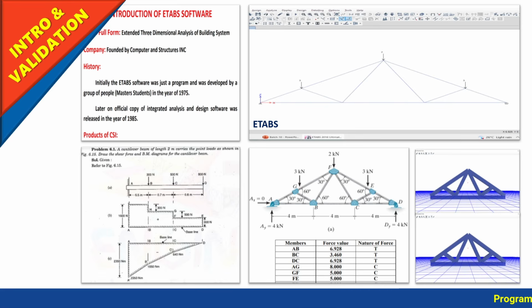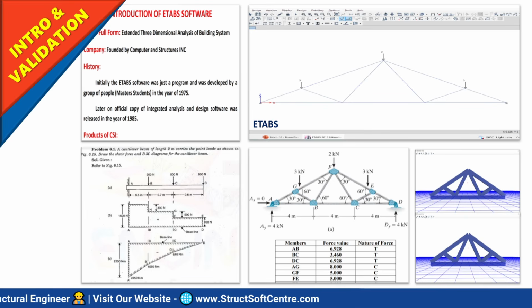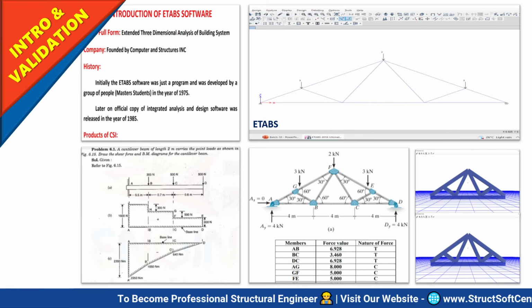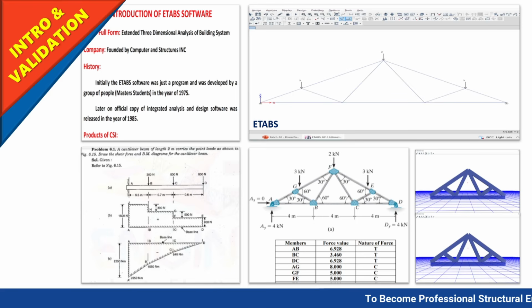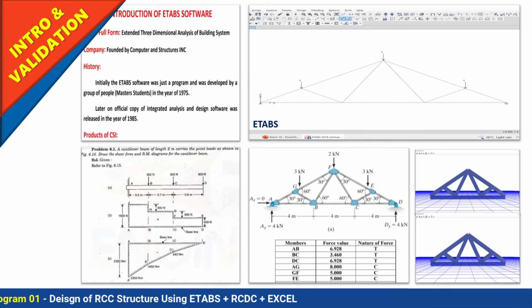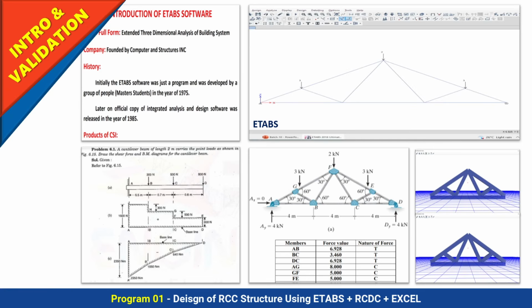That is the first thing. Second, in the beginner level we are going to do the validation of the software. Whenever you are going to work, the very first thing you need to do is validation: whether that tool, that software, is going to give the right result or not. If you give the right input, the software should give the right output. If you give the wrong input, the software will give you wrong output. So who will check the software? We will discuss it with small tools, small objects, and small projects.